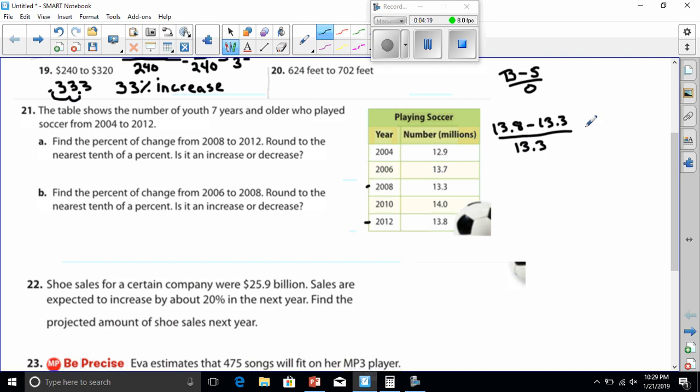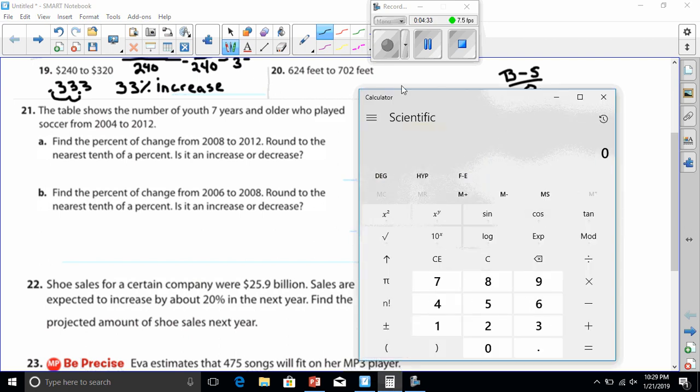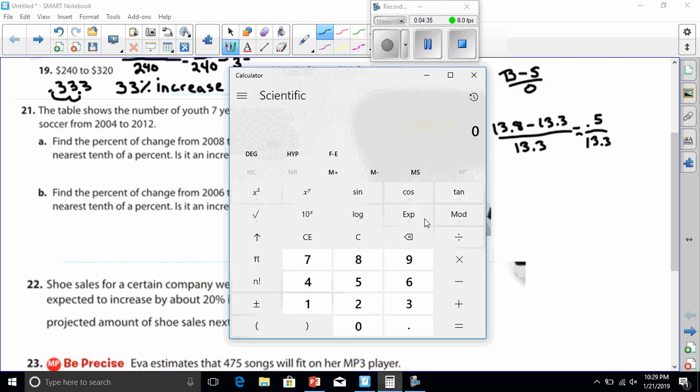Now we see that we have 0.5 over 13.3. We know that every fraction is really a division problem, so let's put that in our calculator. 0.5 divided by 13.3 is going to give me